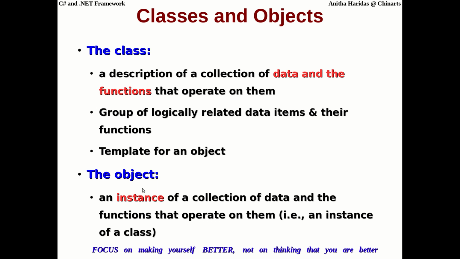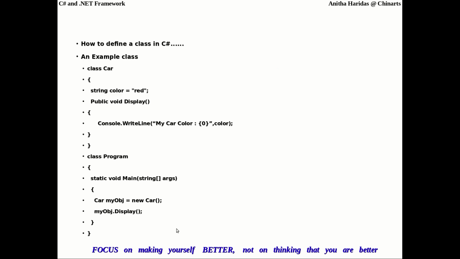Say, for example, when you define a student class, you may give the name of the student, roll number of the student, and rank of the student. It is vaguely represented in the class. Whereas if you start assigning values to the name, roll number and rank of the student, something like Amrita, roll number 10, rank 2, it becomes an instance of that particular class, which can be called an object.